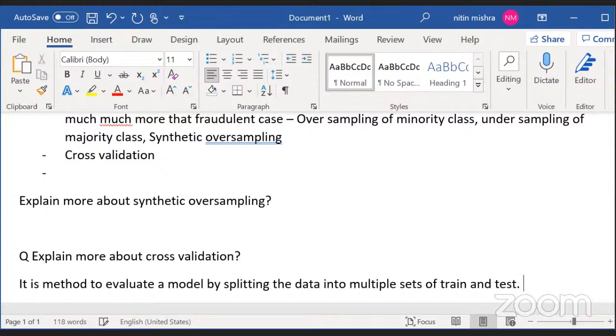Multiple sets of train and test, whereby